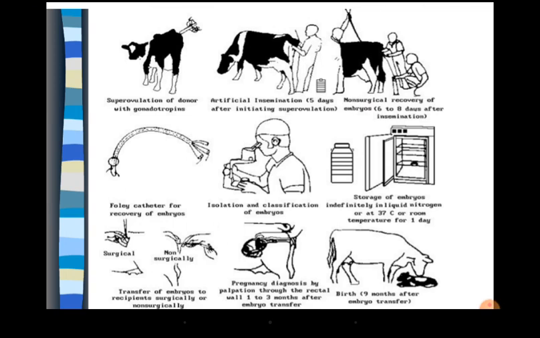First one, from the left corner, a donor is selected and inseminated. On the 5th day there will be collection of zygotes, and they will be tested or monitored, subjected to evaluation in the lab. They will be kept for some 1 to 2 hours or 3 hours in the laboratory conditions, in similar conditions. Not cryopreserved, but at ambient temperature they will be stored for some time.